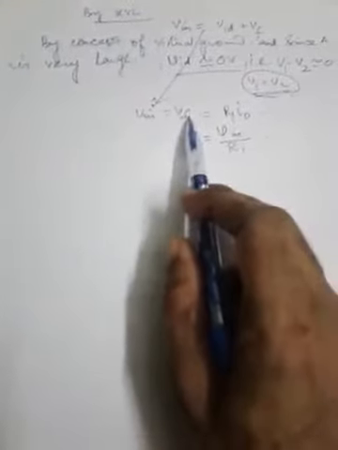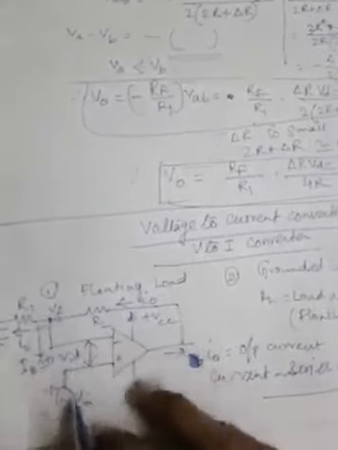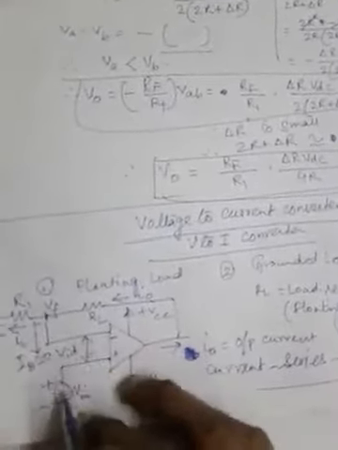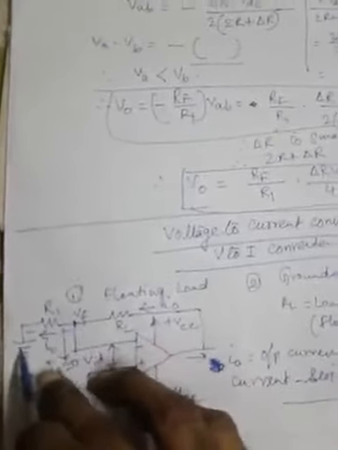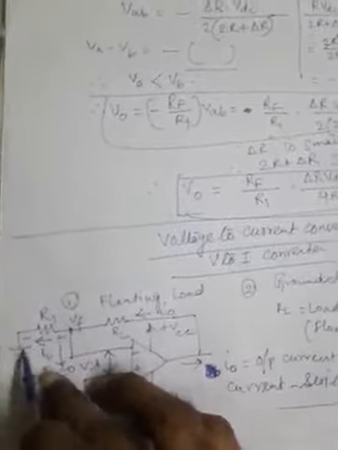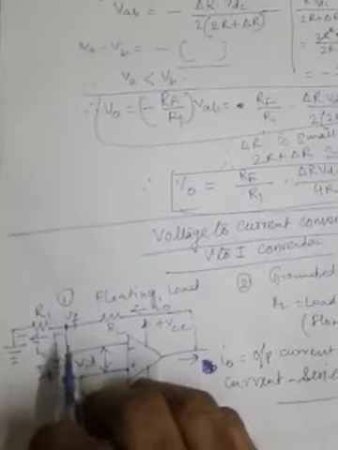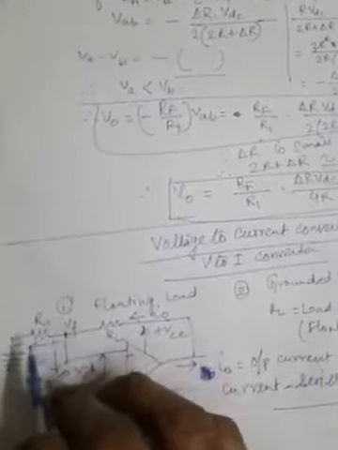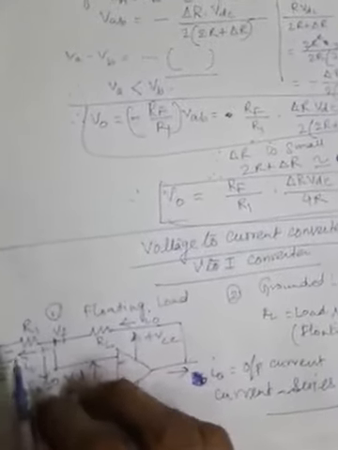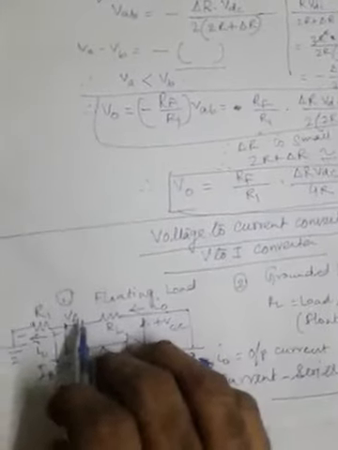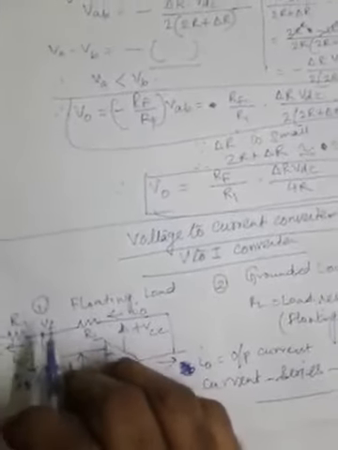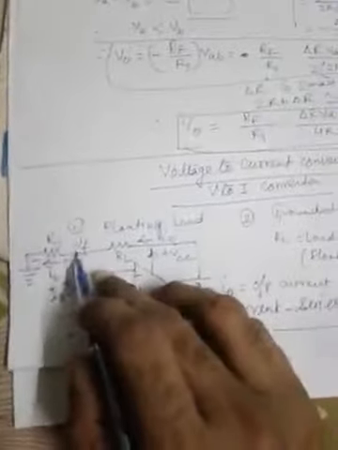since Vin is equal to Vf, that means in the circuit Vf is what? It is the voltage across R1. So if Vf is equal to Vin, as because VID is 0, that means Vin is applied across R1 with respect to ground. And if this is so, the input voltage Vin which is appearing across R1, and if R1 is a precision resistor of very high accuracy value, the output current will be precisely fixed, given by Vin by R1. That means this node voltage is Vin by R1, is I/O. This is I/O flowing through R1.